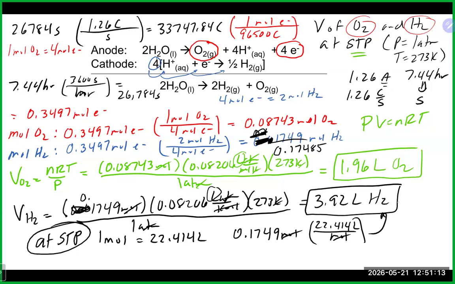Earlier, we talked about twice as much hydrogen as oxygen, and that's what we got here in the calculation, right? So 3.92 liters of hydrogen, 1.96 liters of oxygen. 2-to-1 relationship there. Any questions on that? That is chapter